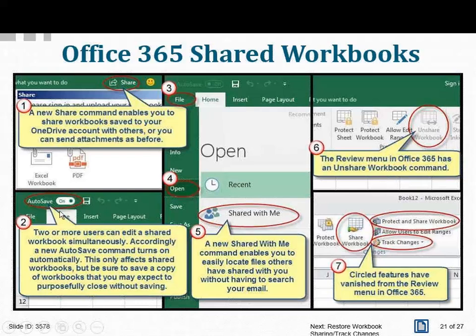Now, there is an autosave command that, if you have shared a document and that document's on OneDrive, turns itself on automatically. And what that does is it saves virtually every change that you make. Now, I'm not going to say it saves every single change, but every few seconds it creates another copy of the file, which is good and bad because there have been lots of situations over the years where I open up a workbook, I might work on it for an hour or more,